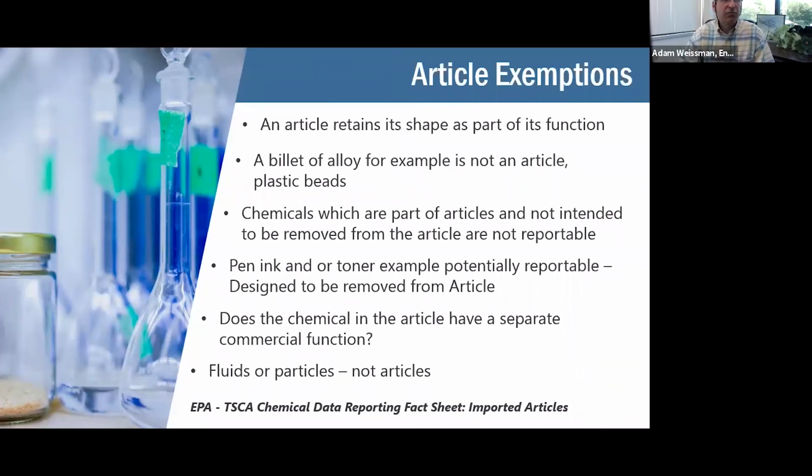This is a pretty big one. There's an informational document, that fact sheet, that I'm going to provide at the end of the presentation. But articles are exempt, and let's talk about what's an article. As with the definitions used for TRI reporting, an article retains its shape as part of its function.